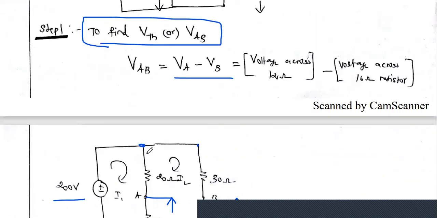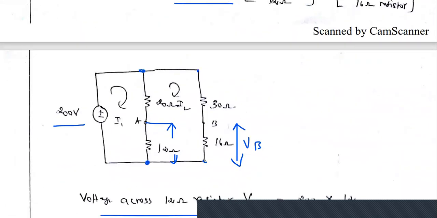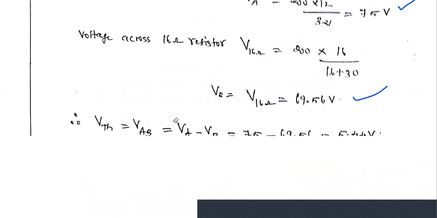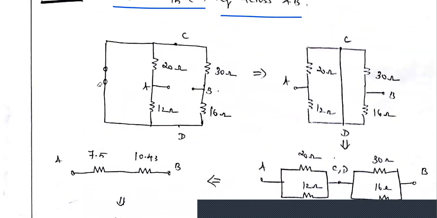Now you see the diagram. This is our diagram. In this diagram, we have to make all energy sources zero. What is the energy source here? The 200 volt battery, the voltage source. So we have to short circuit this voltage source, and across terminals AB we have to find the total resistance. The diagram is like this. While calculating RTH, this is short circuit, so across A and B we have to measure the total resistance.